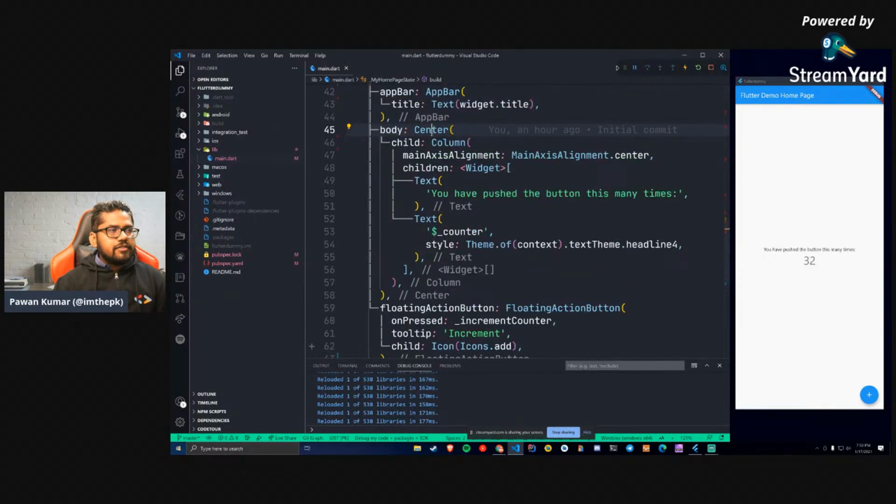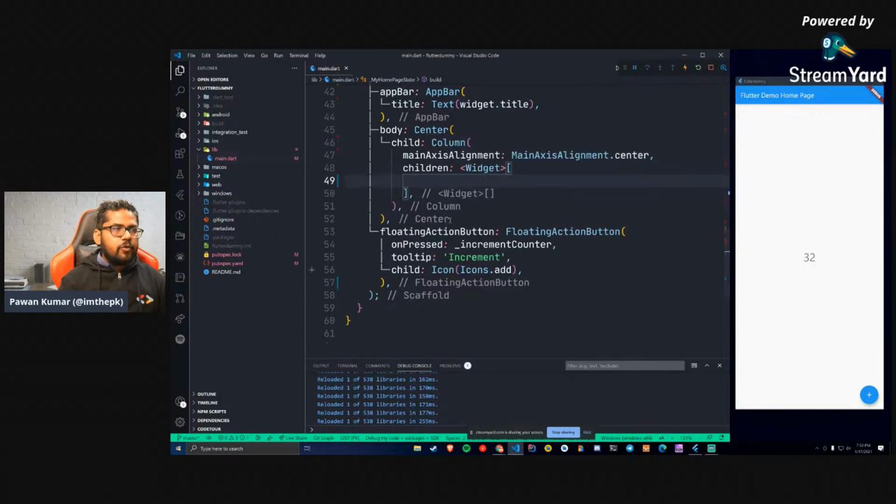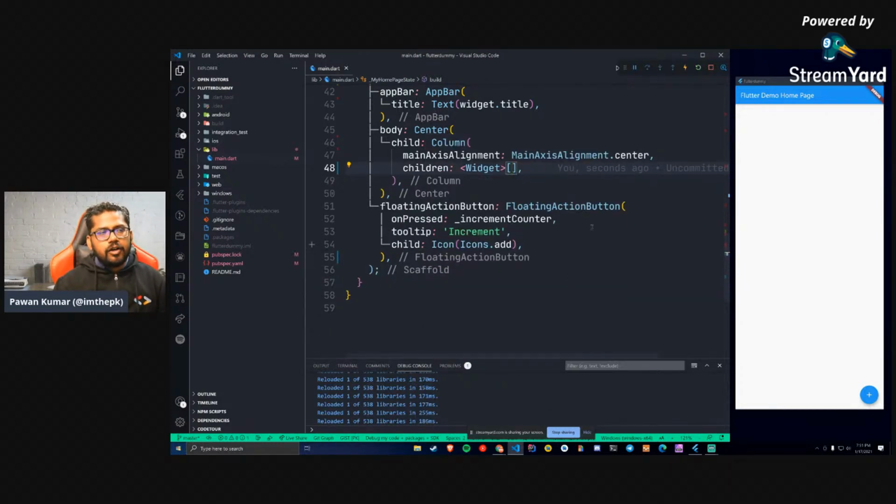As you can see, we have center, we have a counter, and it just says that you have pushed this button this many times. Looks very ugly, not a great design. So now let's remove this text. First text is removed. We just have a counter, right? And this is not the best counter, honestly, which you must have seen. So let's try to make it a little bit better. I'll remove this text as well, so we have nothing on the screen now.